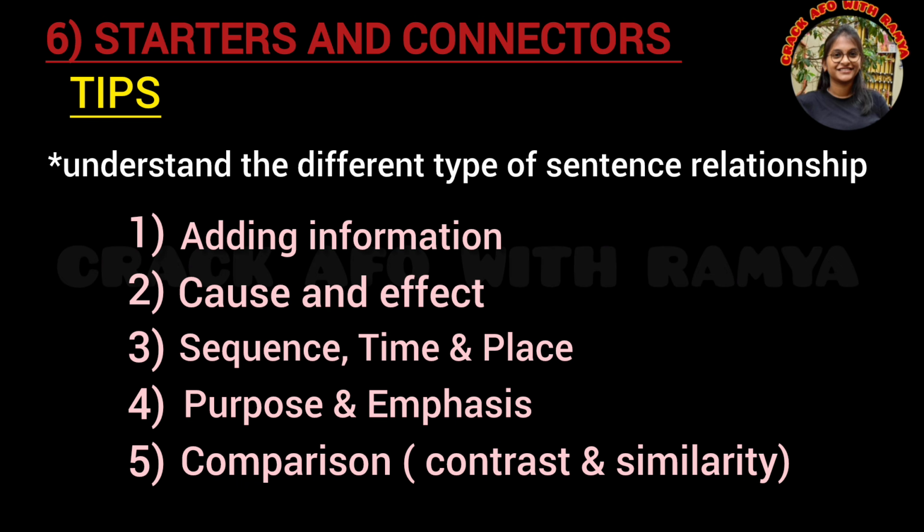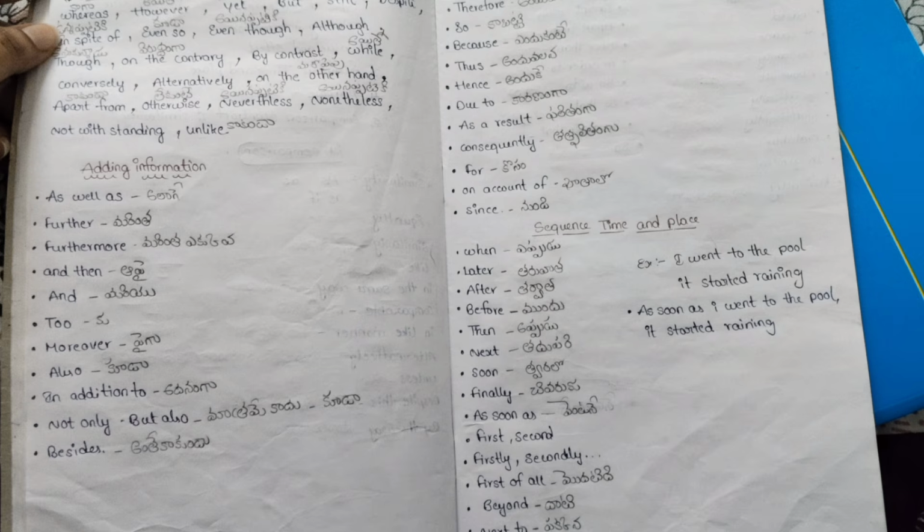Identify which starters and connectors fall under each category, and after doing that I wrote down the Telugu meanings of all those words. This really helped me because when I faced a question, I would try to translate it into Telugu. If I could do that, it becomes easier for me to recognize the type of sentence and choose the right connector or starter. With regular practice, your understanding and accuracy will improve. This is exactly what I did and it worked well for me. And here I am adding a few of the images from my notes. You can see how I prepared.